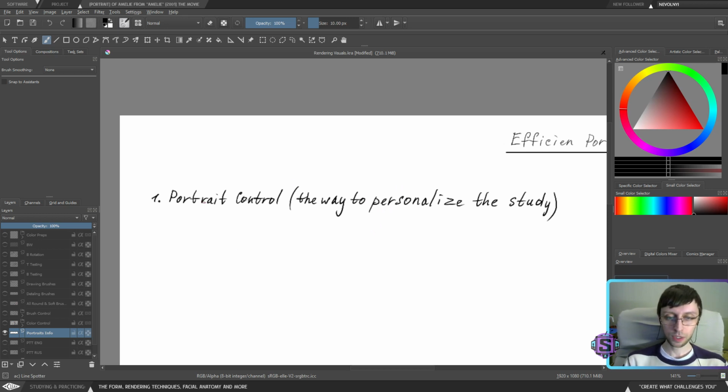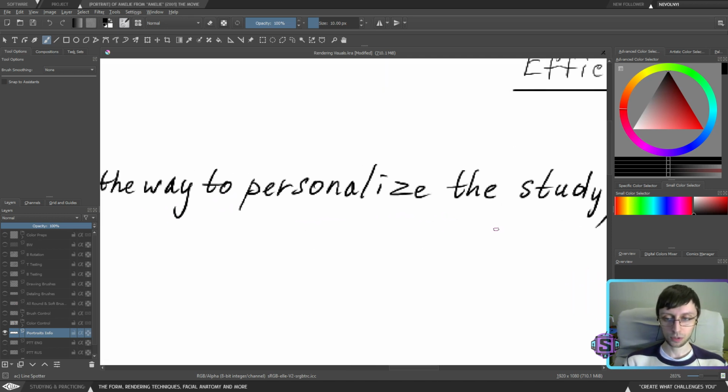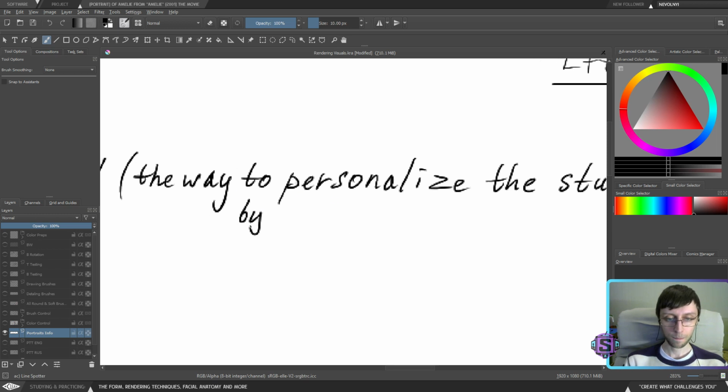And for that we need to understand the portrait control. So it's a way to personalize the study by adding a story.